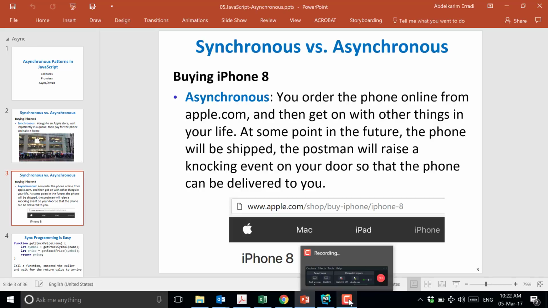So, you take your dress to be fixed at the tailor. I'm not sure if you do that, or you just throw it and get another one. Anyway, let's say you gave it to the tailor. What are the two models you can use to do this task of fixing your dress? What are the two ways you can do it? With the tailor, what are the two ways? Talk to them, give them this dress, and then give him a drawing or something. You wait for it to be fixed.